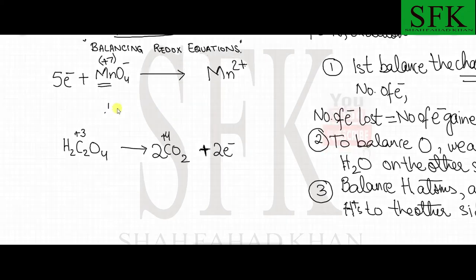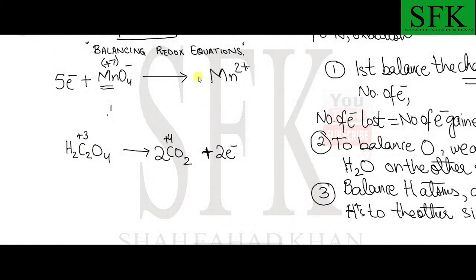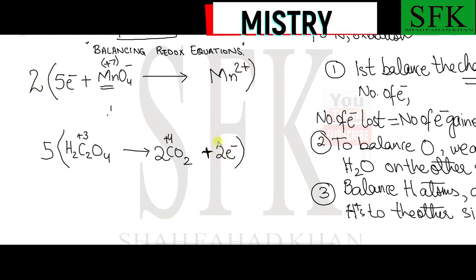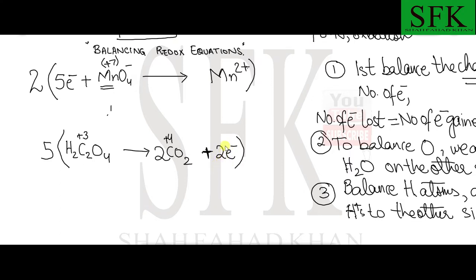Now the electrons which are lost from here must equal the electrons that are gained over here. So in order to balance the electrons, multiply this entire equation by 5 and multiply this entire equation by 2. Basically, what I've done is I've multiplied the number of electrons in this equation by this entire equation, the 2 over here, and I've multiplied the number of electrons in the first equation by the entire second equation, 5. So this makes this equation 10 electrons plus 2 manganate,